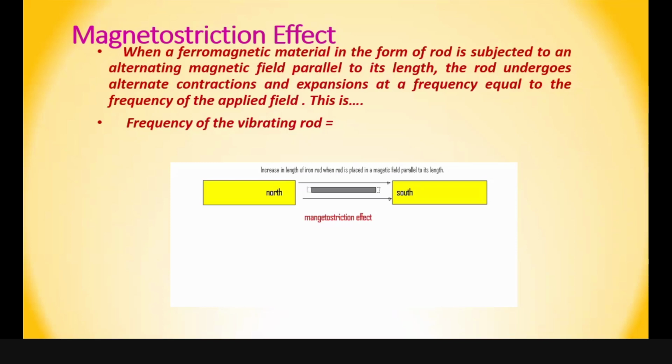Yes, right. It is the change in the direction of the magnetic dipoles, because you are changing the magnetic field. So if we change the magnetic field, the direction of the magnetic dipoles will also change, and because of which the material, the rod, starts vibrating. And when the frequency of vibration of the rod is equal to the applied frequency, the ultrasonic waves are